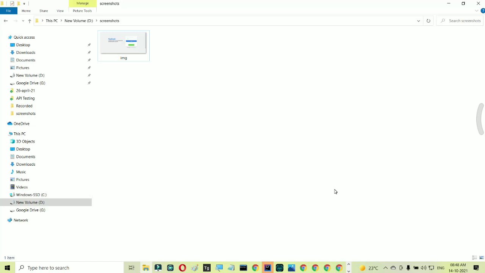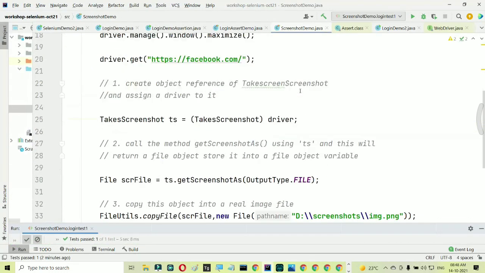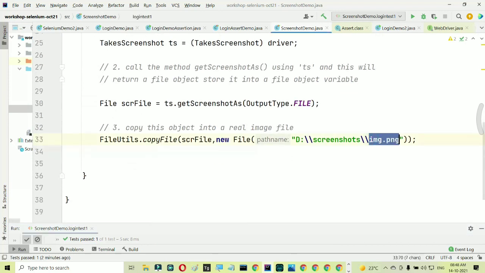So first understand why this is overwritten. Name change, okay. The same name is created every time. So if I manage to change the name every time, here every time I'm giving the name as img.png, so the same name is created. Every time I run this program I'm getting the same name, so the previous screenshot is being replaced. So what can I do to get a different name every time? Can we add date and time to that? Excellent. So you can add date and time. Every time the date and time combination will be different.